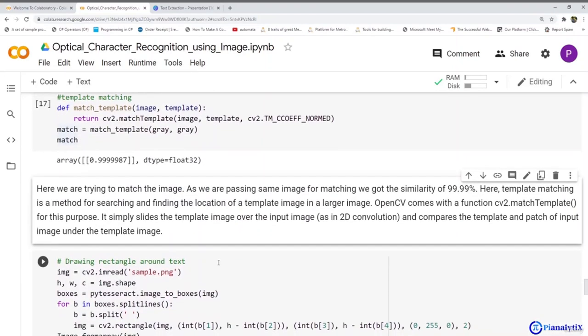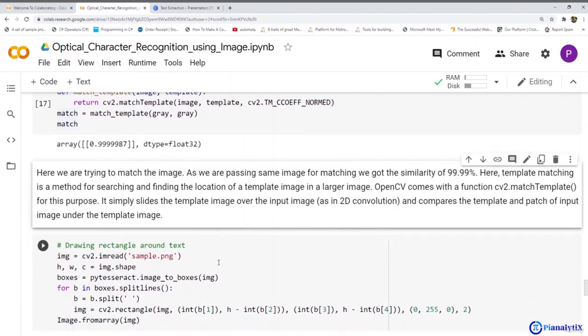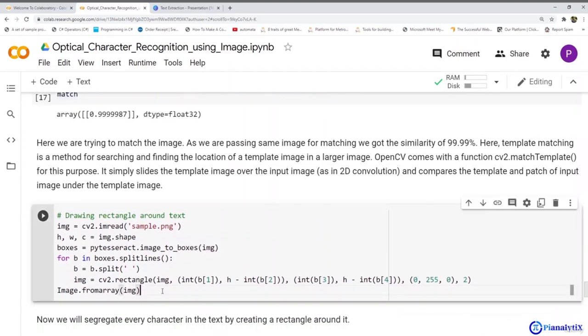Now let's see how to create a rectangle around the text, which is used to segregate every character in the text by creating a rectangle around it. In this we are using image.shape to find the height, width and center of the image. Similarly, we will use the function pytesseract.image_to_boxes.